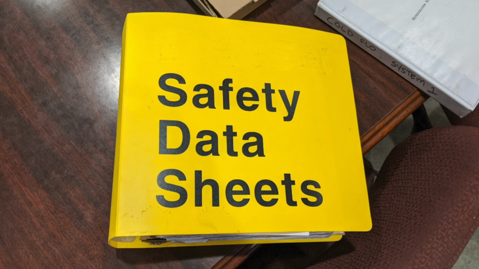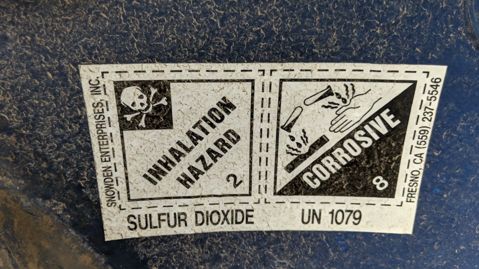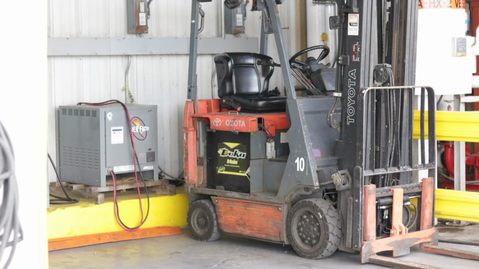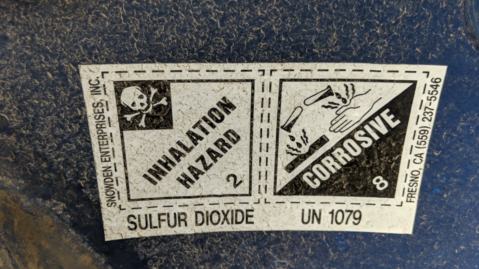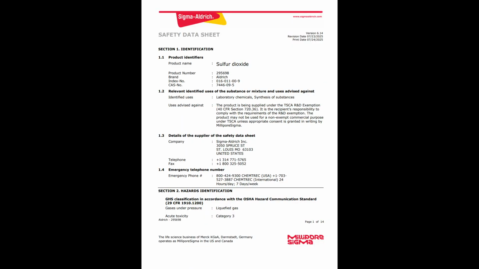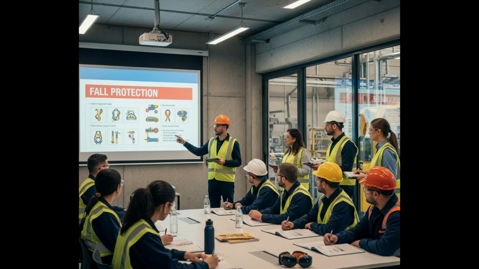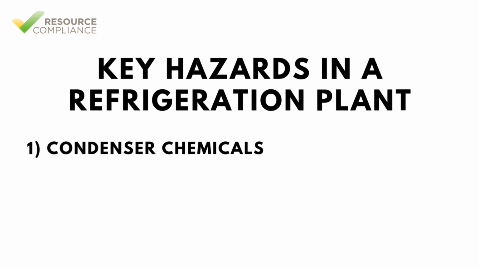Beyond the dangers of the refrigerant itself, refrigeration plants contain a variety of hazardous substances and equipment that can cause injury, illness, or property damage if mishandled. A HAZCOM program ensures chemical hazards are identified and labeled. A safety data sheet, or SDS, is readily available for each hazardous material. Employees are trained on the risks, safe handling, and emergency response procedures. Some common hazards in refrigeration plants include: